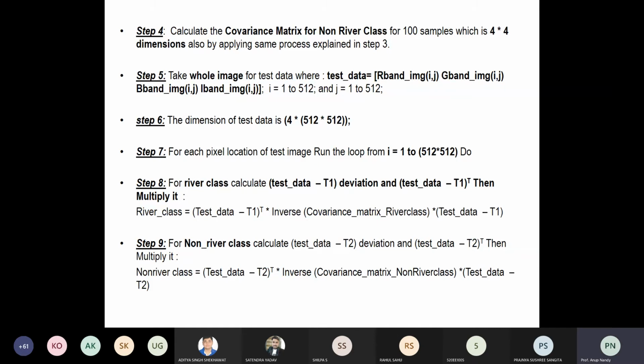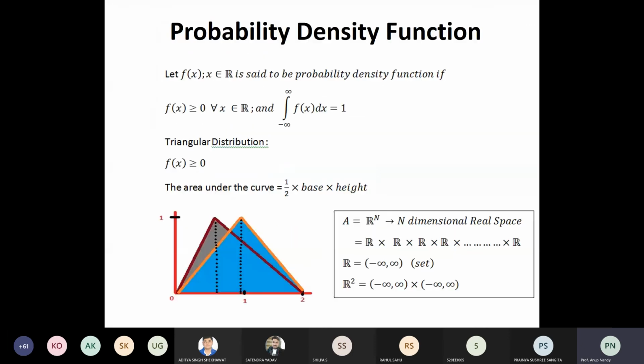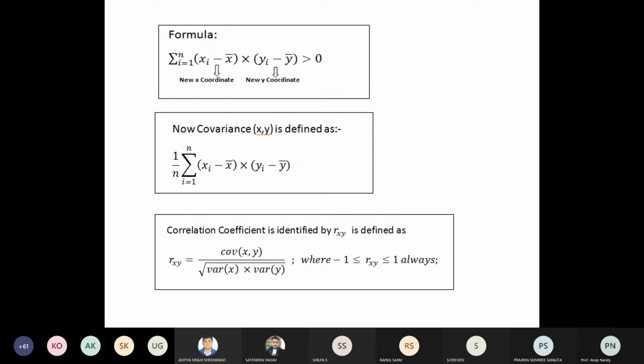So this is how it works practically, until and unless you implement the practical. Last class you saw this on synthetic datasets, but it will be more interesting if you implement it on real datasets. Joyita will share with you these four images: R-band, B-band, G-band, and I-band images, and you simply implement it. I already explained all these things. That's all for today's class.